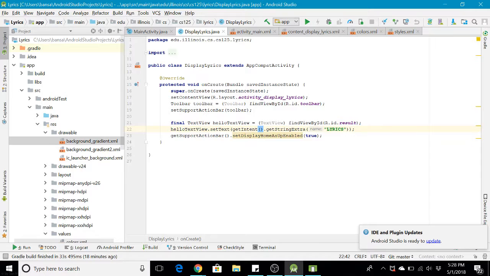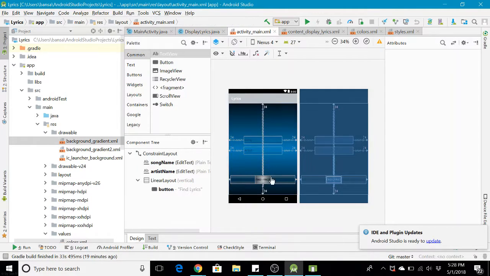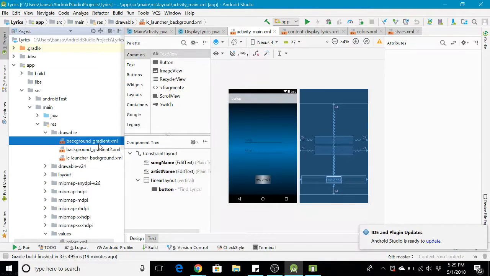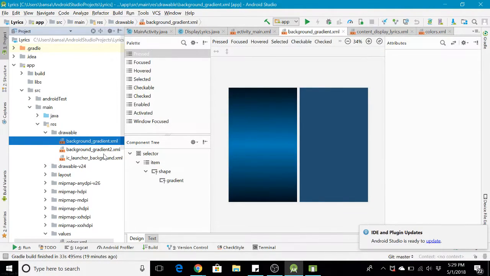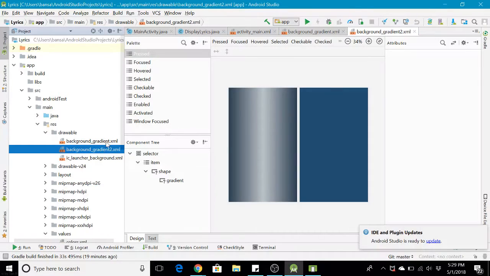Then we started working with our UI and tried to make it a little more unique, a little more official. We found this gradient file that you see over to your left. It's a bluish dark color, and the second one goes up and down, very dark and fades in.